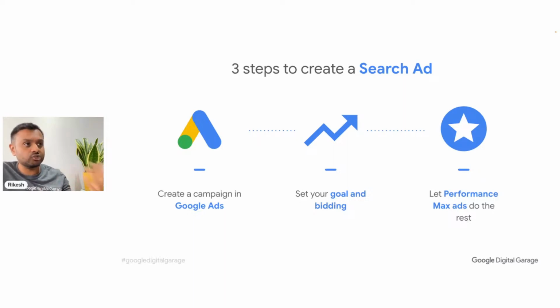But if you are very much starting out, you've not really run any Google Ads before, but you are considering that, then I'd say just start off doing it yourself in terms of creating your own search campaign, setting your goal, bidding, going through it, testing out different ad headlines and wordings as well. And then once you become a bit more acclimatized, you can look at the Performance Max